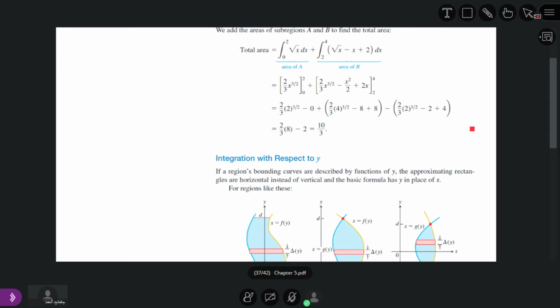For this case, we take y as common. Whenever we take y as common, we will get the following: